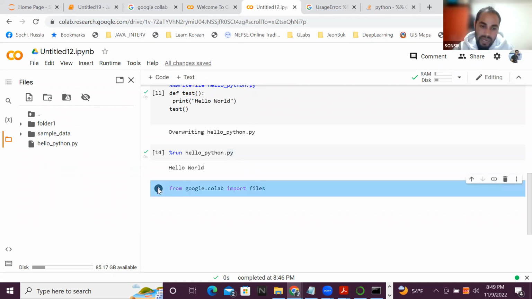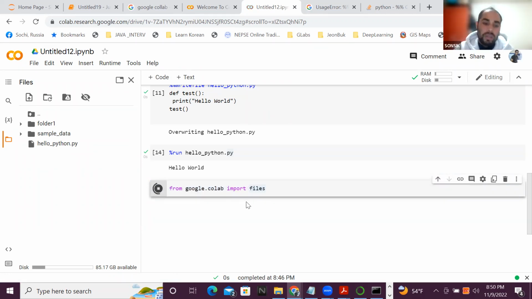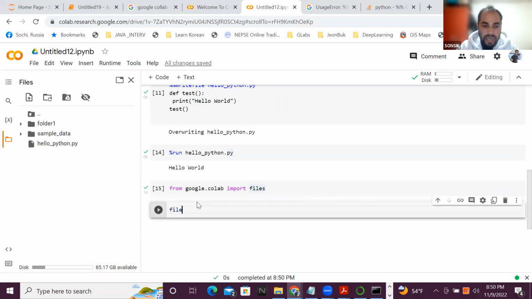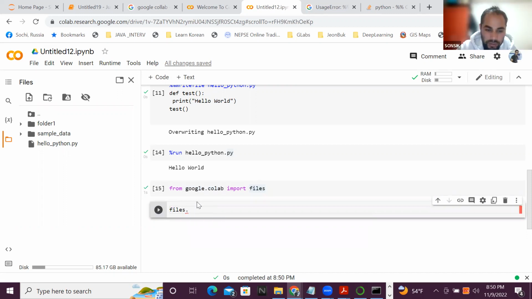We are importing the files utility. These files have multiple options like download and many other things. Like if we have to download the file, files.download. Files have different utilities: file download, file upload, file view, many things. If I type download here,